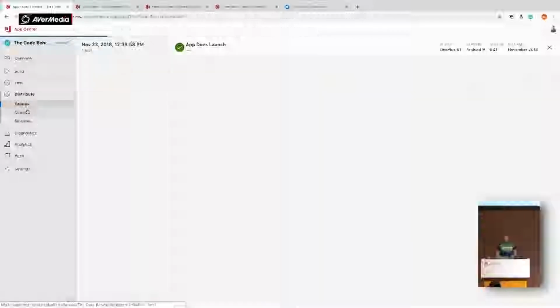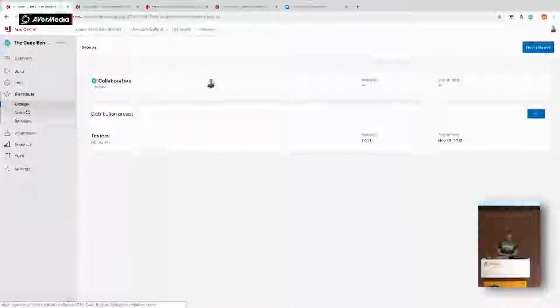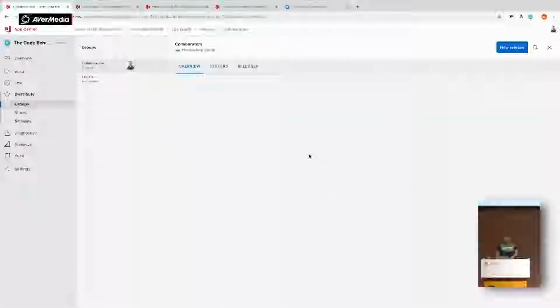So we can continue here to distribute. Here we can create different groups. We can have one group for the development team that is interested in getting every build to their devices. When a build is pushed to a distribution group, the user will get an email about it. It's not updated automatically on the device, so they have to open the email or click the link. So a distribution group can either be private, where the user has to sign in, or you can make it public. So we can go here,